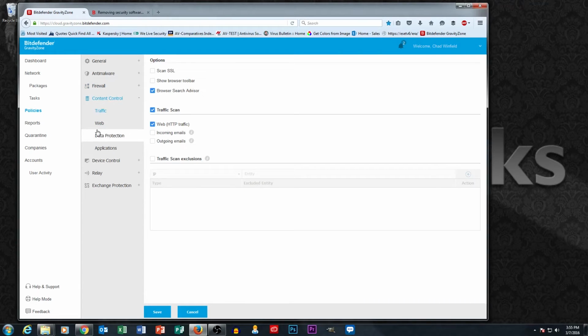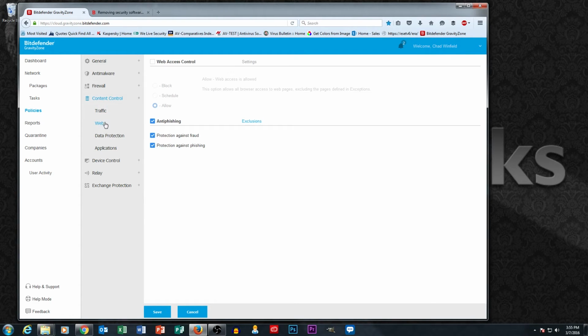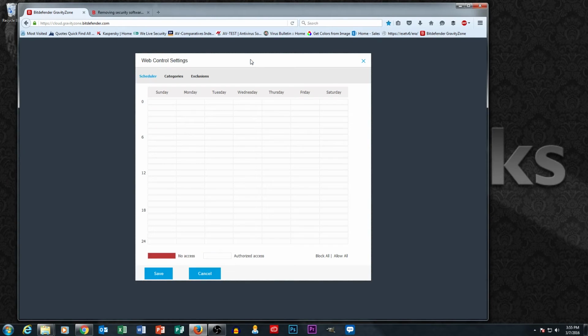Content control, there's a ton of great stuff you can do in here. They have a whole web control section under web, where if we click web access control and then click settings, we can actually dictate what websites we're allowing our users to go to, and you can do it on a schedule. So let's say we wanted to say between 9 a.m. and noon we're going to really lock down web browsing, but from 12 to 1 we're actually going to allow our employees a little bit more freedom, like maybe they're on their lunch break, we're going to let them access Facebook